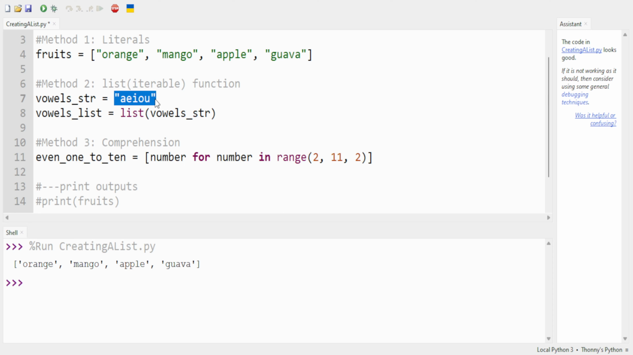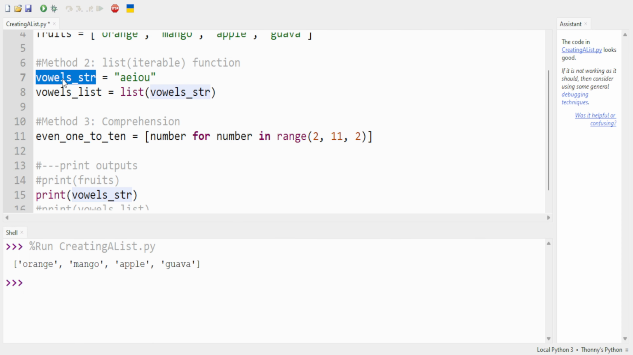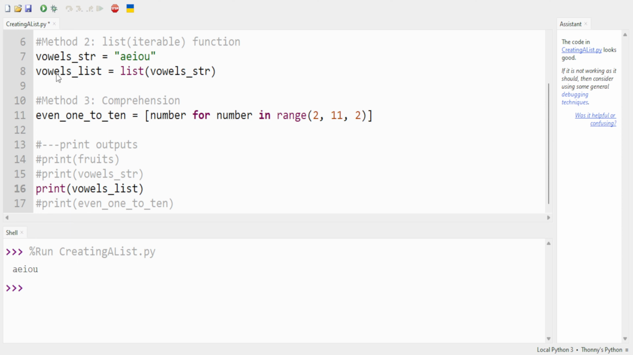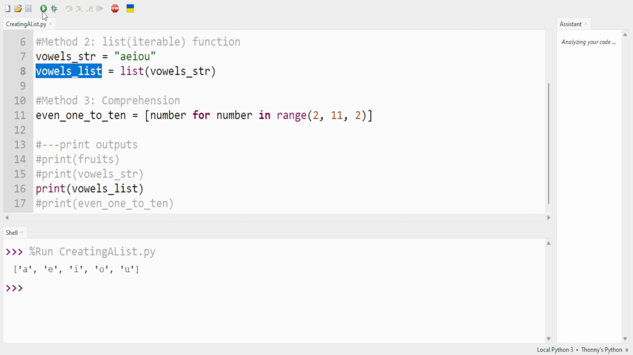So how do we do this? We are simply going to use the list function and pass in the vowels string argument, which contains the vowels. Now, when we print only this, we are simply going to see a string. But when we move ahead to print the vowel list which contains this, we are going to see a list